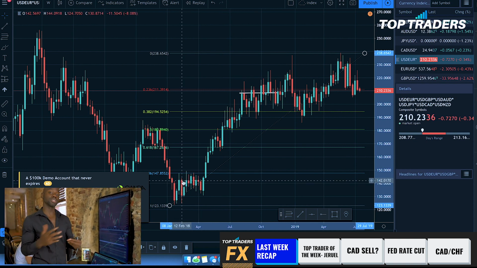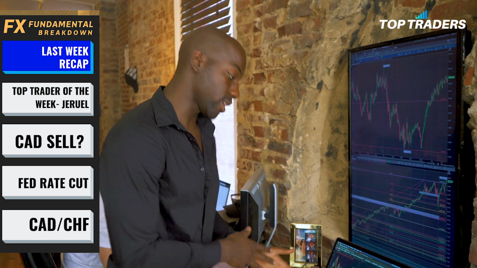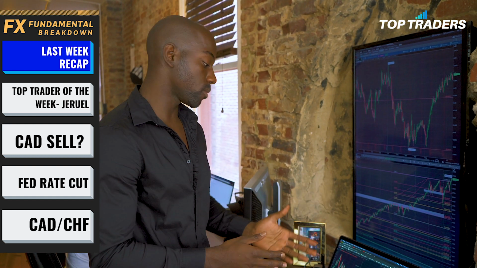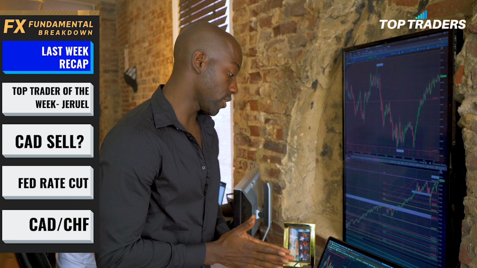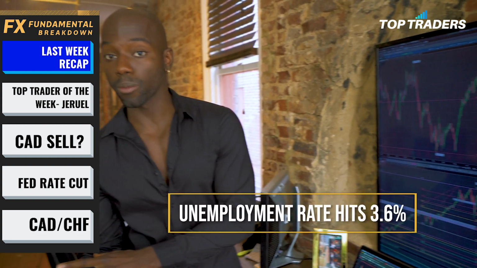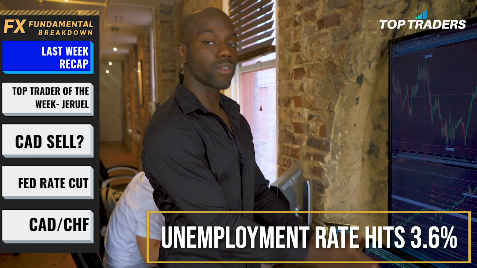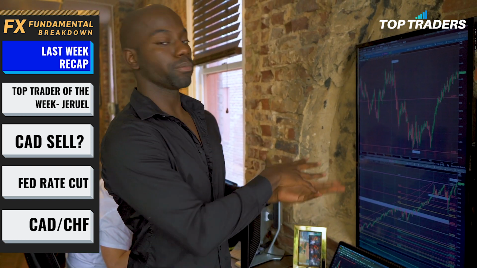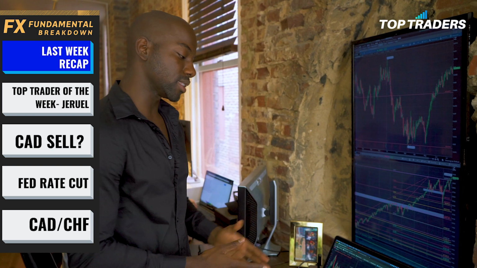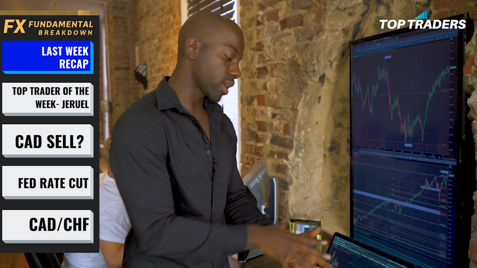Right, so if this dollar does have the opportunity to pull back a bit, again, this was when all these rates were being raised. This is CPI numbers coming out that are extremely positive. This is our unemployment rate finally hitting 3.6%. There's a lot of positive stuff that's factored into this up move. And so for us to pull back on that would mean that maybe this economy isn't so ready to have rates raised to the extent to where we are right now.